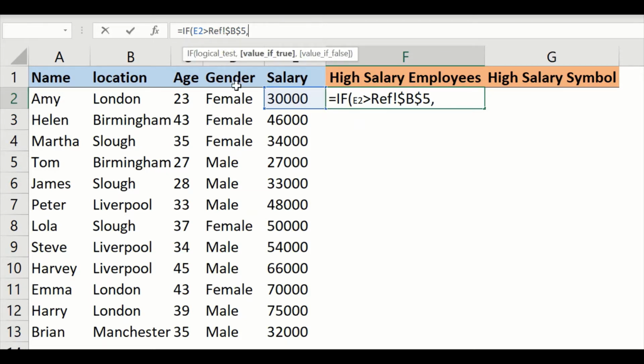So if E2 is greater than the 50,000 we selected in this reference, then I want the formula to return true. So open quotation marks and type true. For any text, you always need to identify the quotation mark so the formula knows it's text. And we're going to put a comma. For a third argument, the value if it's false, you could either have no value by putting 2 quotation marks, or you could give a text. In this case, I'm going to give false as the text, and I'm going to close my bracket